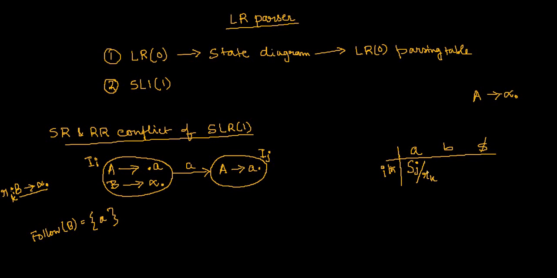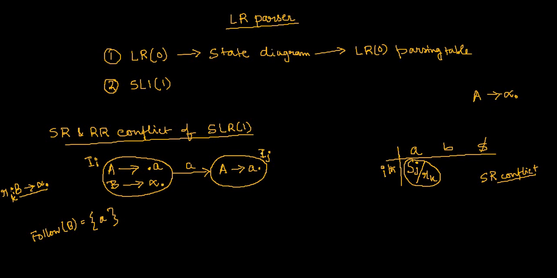Yes, sir. Okay. So you see, we have a possibility of a conflict again over here, and we all know that it is basically an SR conflict. So what is the criterion of SR conflict in the case of the SLR1 parsing table? That is, if a problem is given to you and you have to find out whether it is possible to design an SLR parser for a particular grammar or not, what will we basically do?